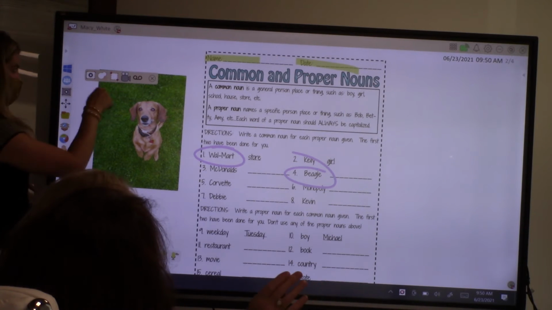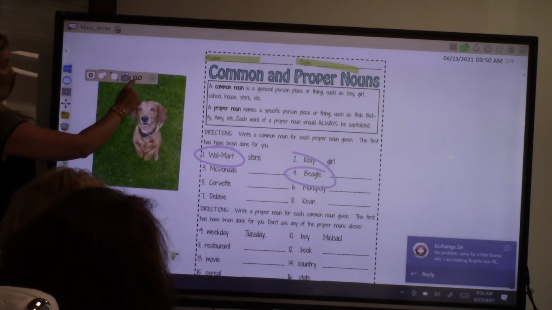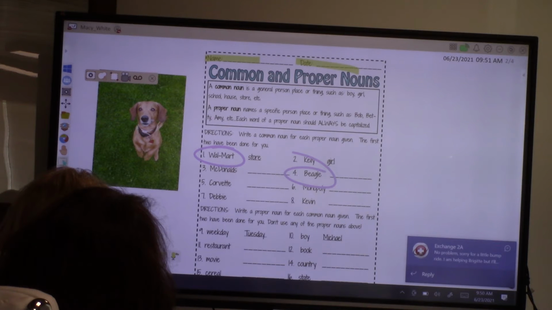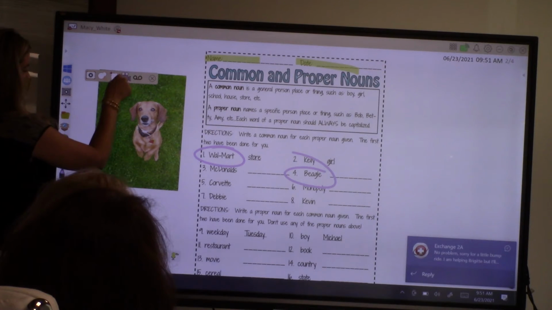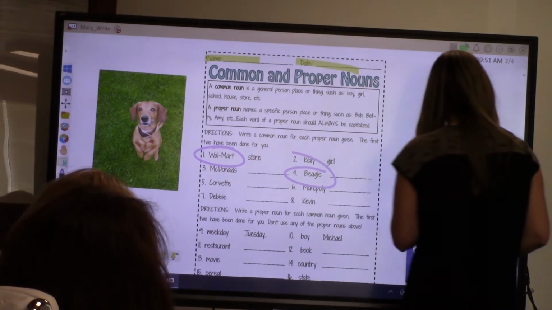You can screenshot the whole page, you can freehand what you want to screenshot, you can draw a square. This little thing that looks like a cassette tape is if you only wanted your audio to be recorded. But this one right here to me is awesome. So if I click that, it's going to bring up down here